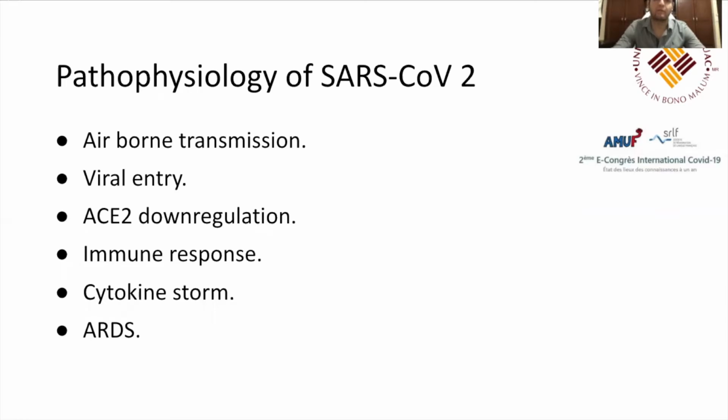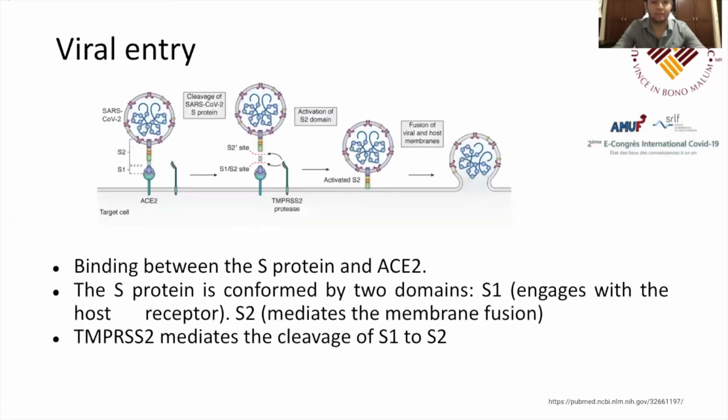The alveoli is conformed by two types of cells: the type 1 pneumocytes, which are responsible for gas exchange, and type 2 pneumocytes, which produce surfactant so the alveoli don't collapse. In the type 2 pneumocytes, the S protein of the virus binds to ACE2, angiotensin converting enzyme 2, which in this case is the receptor of the virus. ACE2 is a membrane protein that is present in different tissues like nervous system, endothelial tissue, kidney, lung, and heart, and so on.